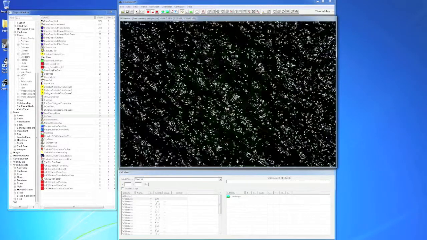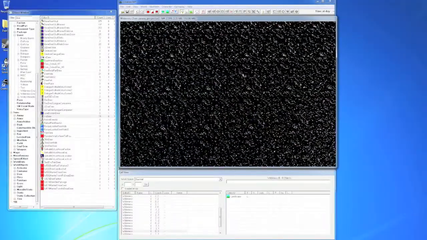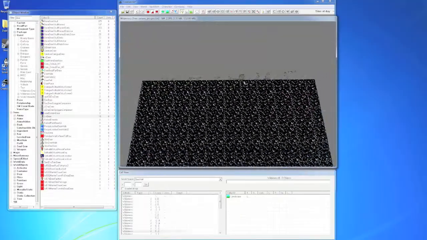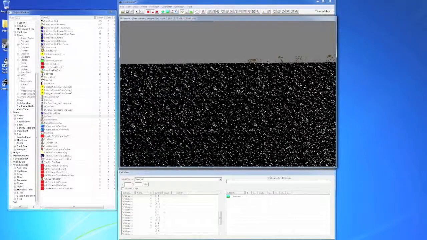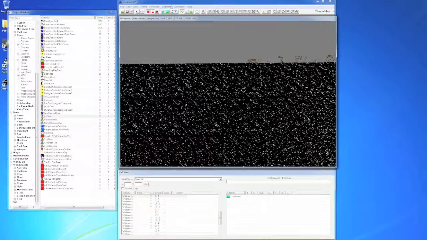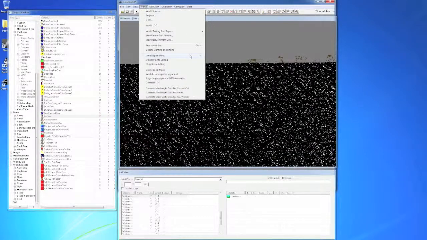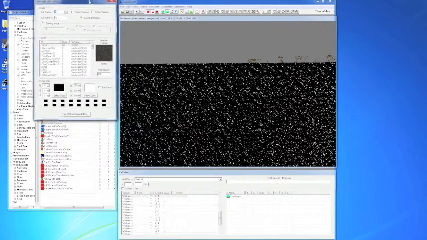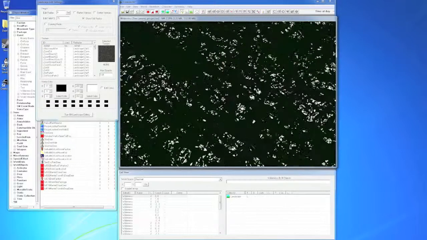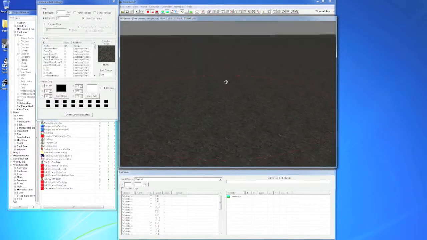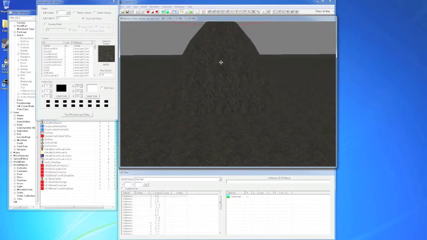So we'll see that our world right now is just an infinite ocean. Huge, huge infinite ocean. So we want to terraform. So we go up to World again, Landscape Editing. And this will bring up the landscape editing menu. What I usually do is I just dive down and raise a piece of land like so,